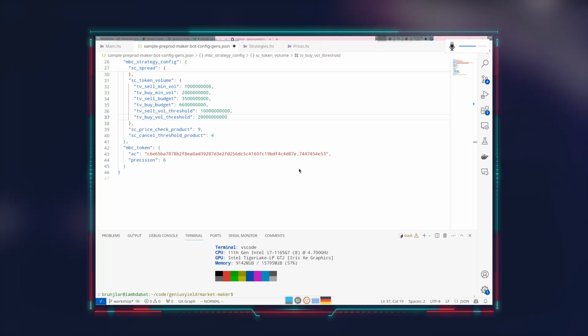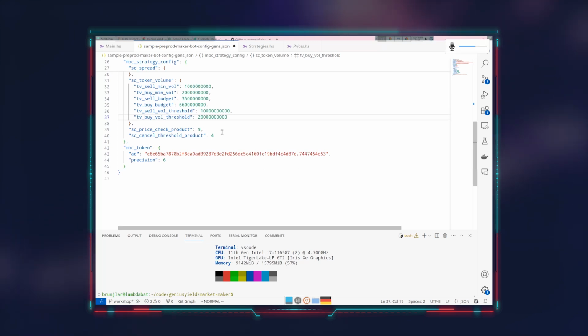Is there a way to have a custom price feed instead of using Maestro? Yes, as I said, if you know Haskell, then you can just rip this out. It's in this